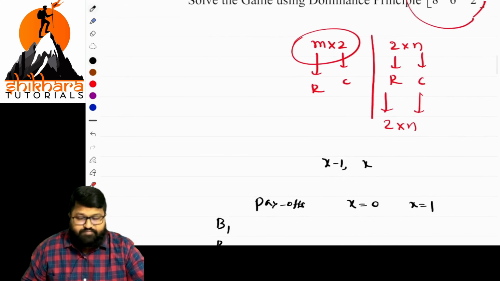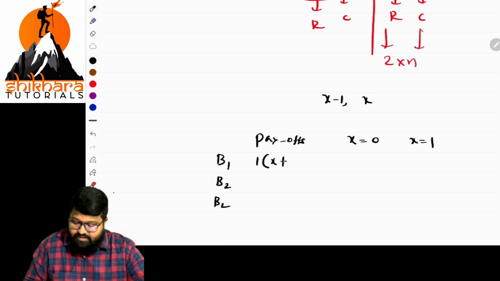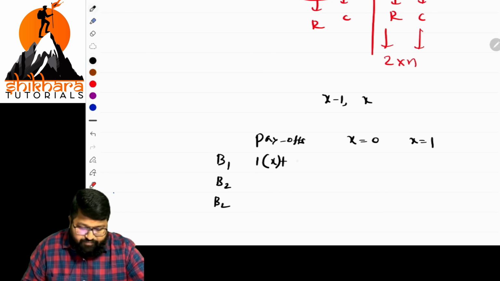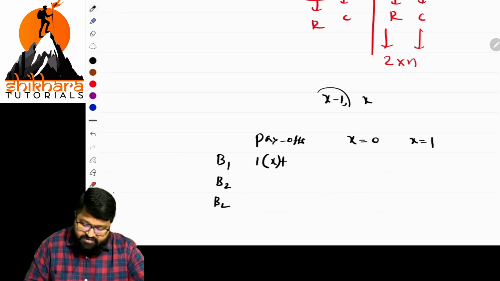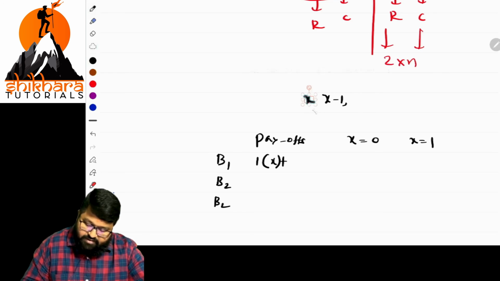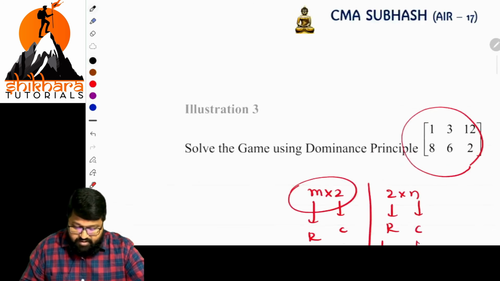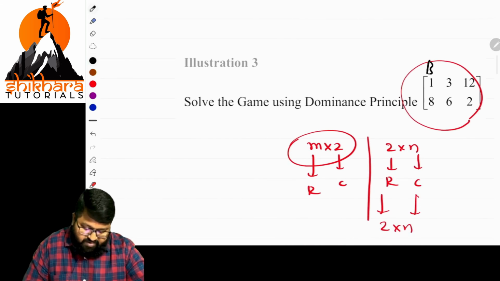It is 1 into the probability x, plus 8. This is the first probability and this is the second probability. Here the values are there, right? This is B1, B2 and B3.